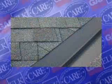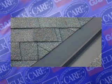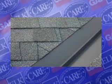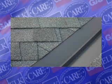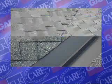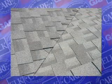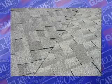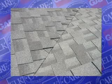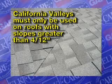An open California valley, where a row of shingles is placed parallel up both sides of the open valley, is accepted only on Timberline Series shingle installations, but it is not a preferred valley construction. A closed-cut California valley can be used only on Timberline Series shingle installations. This is where a row of shingles is placed up one side of the closed-cut valley. California valleys must only be used on roofs with slopes greater than 4 in 12. See